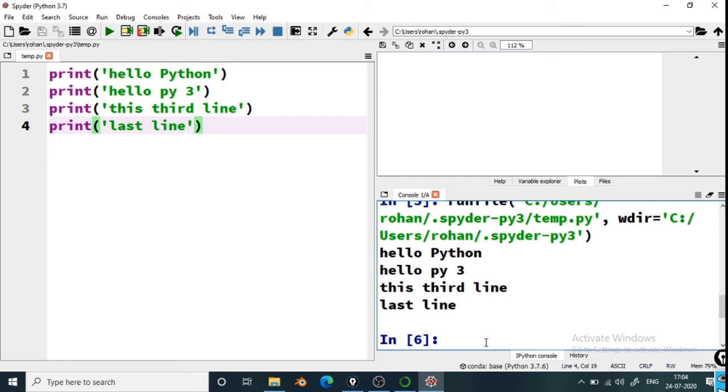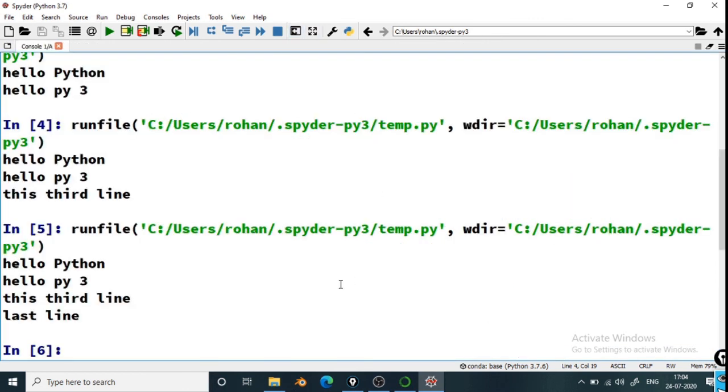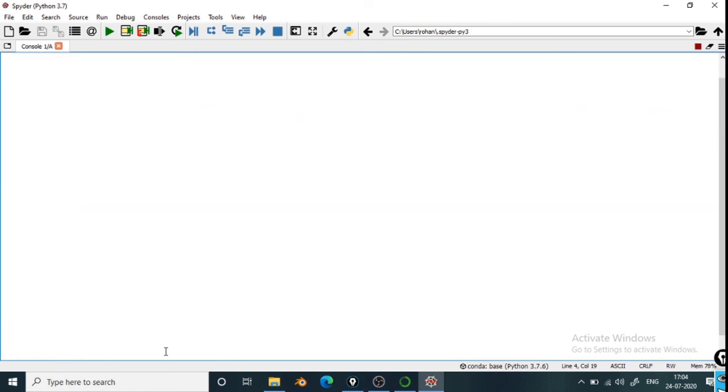Now let's go to console. I'll maximize this pane. So I'm in console and the whole window is filled with commands which we have already run. So what we can do is that we can say clear, and the whole display will get cleared. Now suppose I write print hello Spyder,